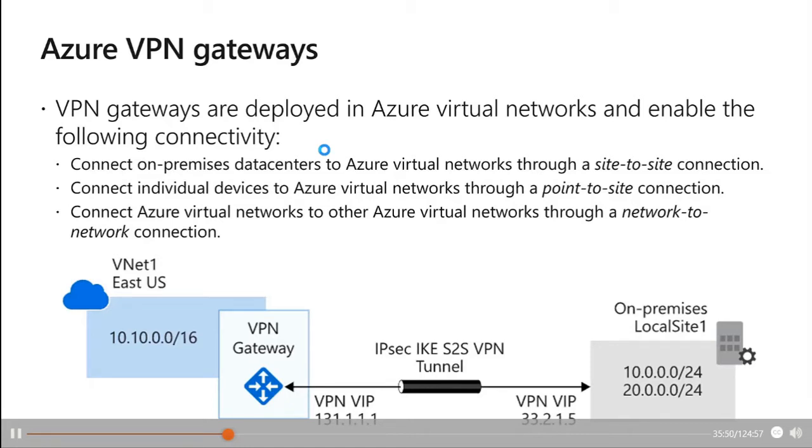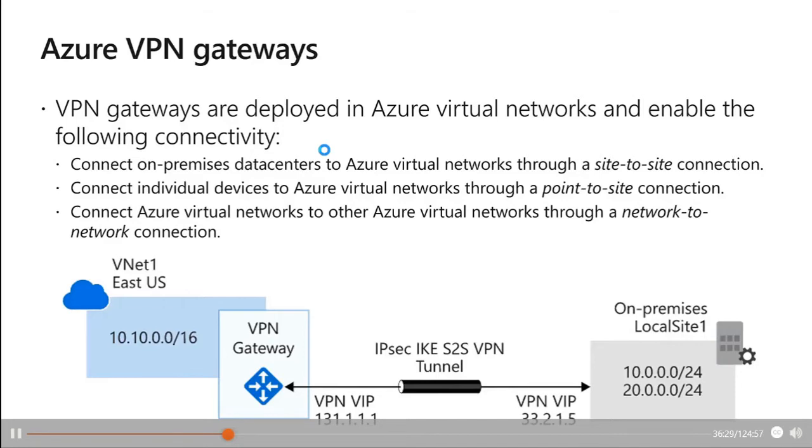Like I said, we have different SKUs. Different SKUs have different capabilities. And that gateway usually takes a while to create. In reality, that VPN gateway behind the scenes is not one, but at least two virtual machines that will take care of all the routing tables, like we said, etc. So all of this will be taken care of by the gateway. And it's two virtual machines so that we can have high availability, so that you don't need to configure any of that, and you don't need to maintain it, update it, etc., because it's managed by the vendor here,